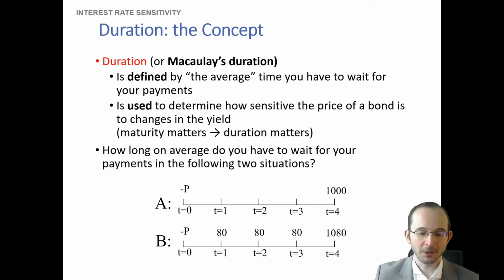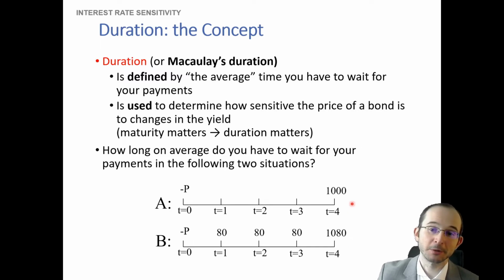You get nothing in years 1, 2, or 3. You get your full repayment of principal in year 4. So the average amount you have to wait for your payments is, of course, 4. But the reason that we wouldn't want to just say that the maturity is really what drives the duration for bond B, the same way that maturity is equal to duration for bond A, is because of these